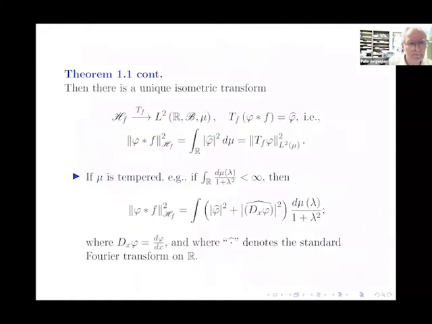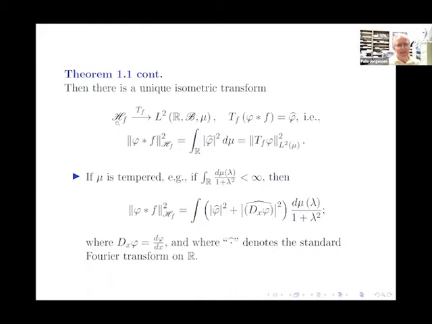And why? Here's why. If you have a positive definite tempered distribution F like this, then you generate these convolutions, and so you get a system of functions, and you complete that, and then you get a Hilbert space that I write with the script H sub F.